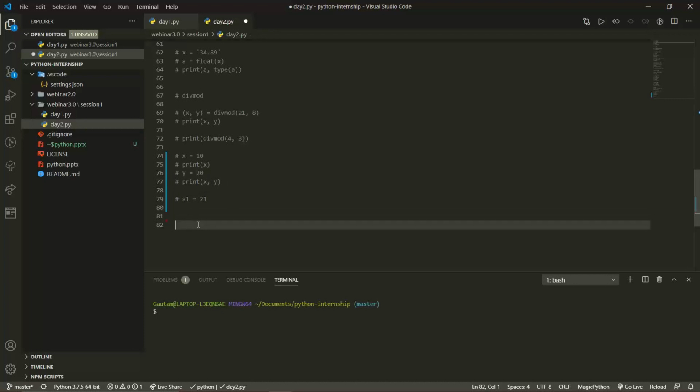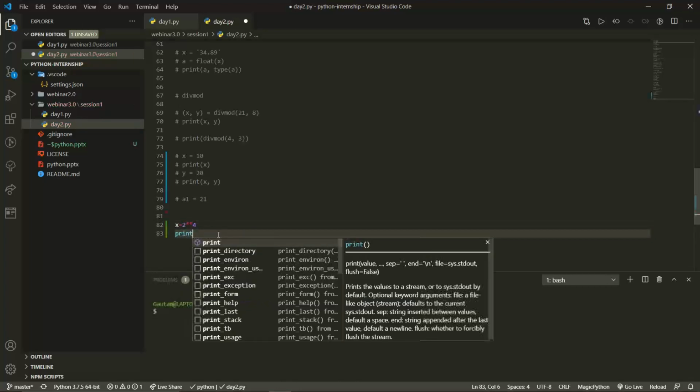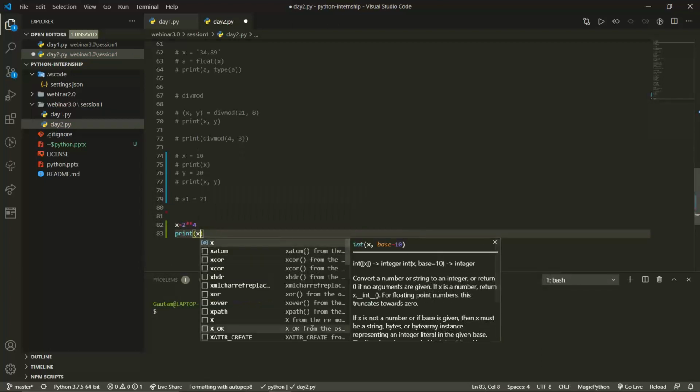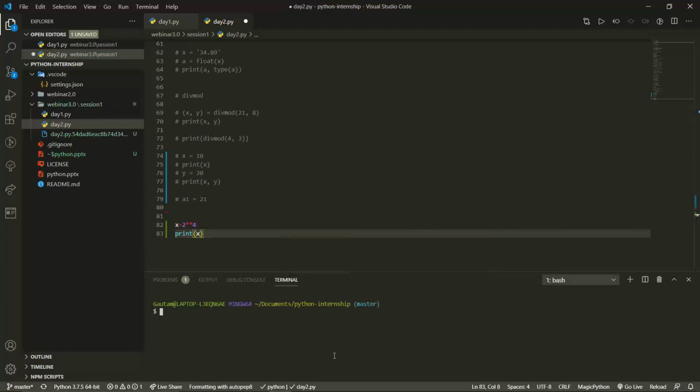So, for example, there is x, and you want to have 2 to the power 4. We'll write x equals 2, and for the power in C++ we can use this sign, but over here we'll use a double asterisk. The double asterisk is used for 2 to the power 4. If I want to print this, print x, then let us see the output.